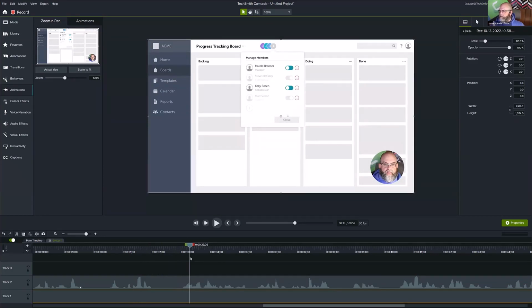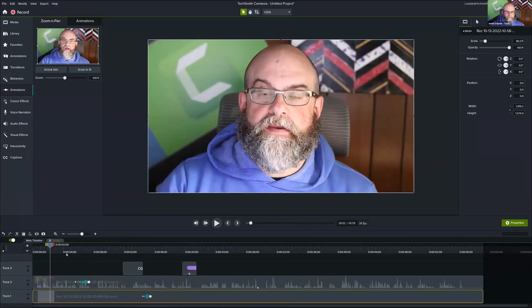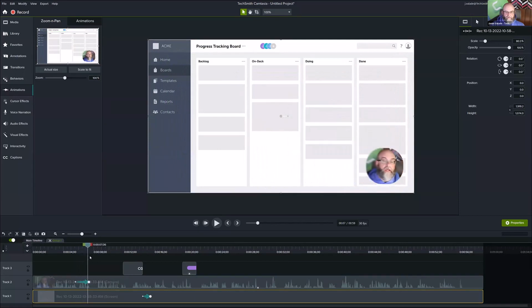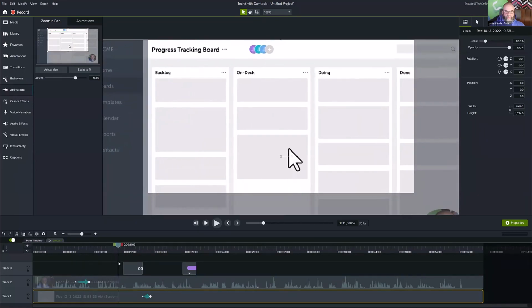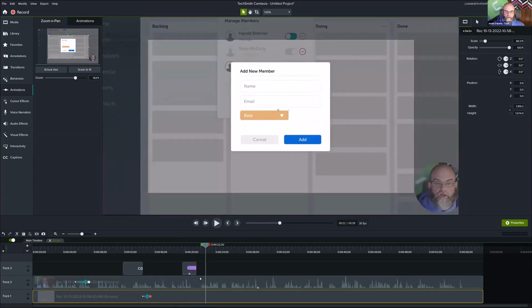So Casey, I'm going to pause for a second because we've done a lot of small but impactful edits to our video. We animated our webcam down into the corner by adding motion blur and rounding the corners. We then came over here and zoomed into the screen. We added a click effect with our cursor. We faded the cursor out. We then added a call out onto the screen. We faded that one out. We added it with a behavior, and we panned over,